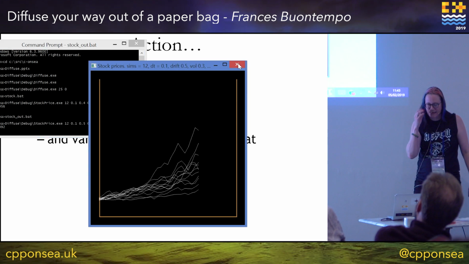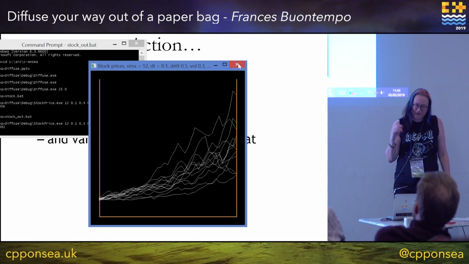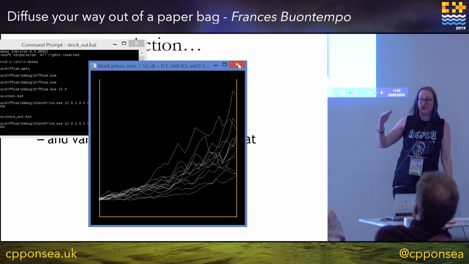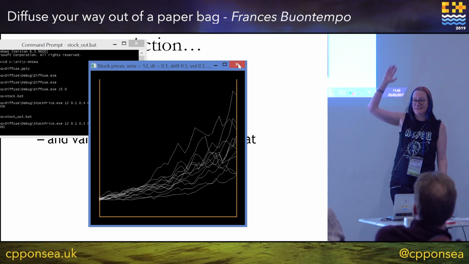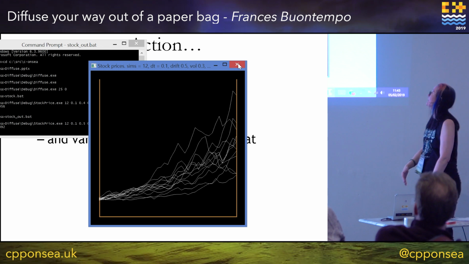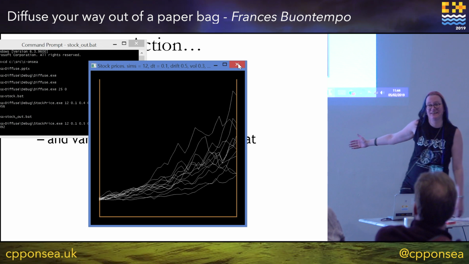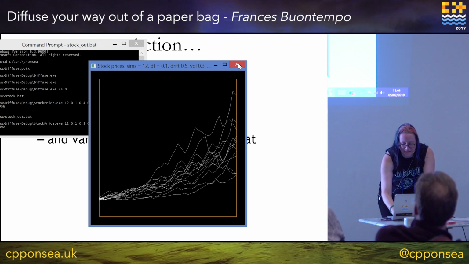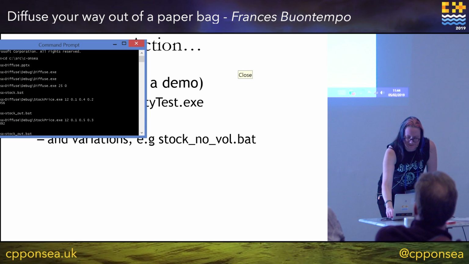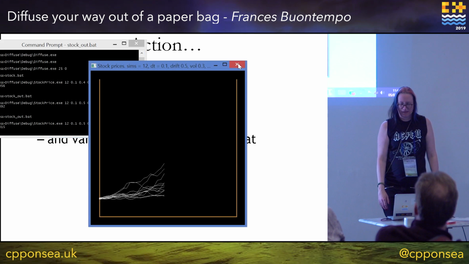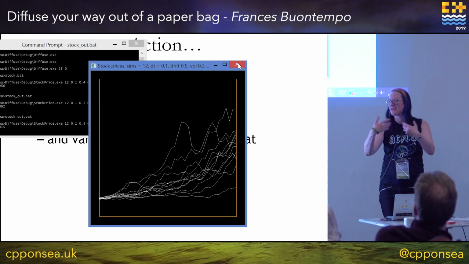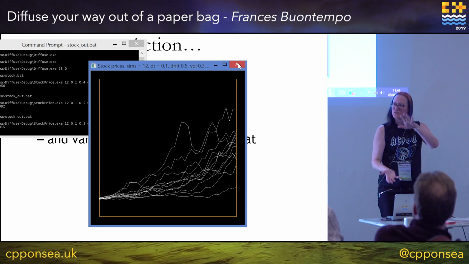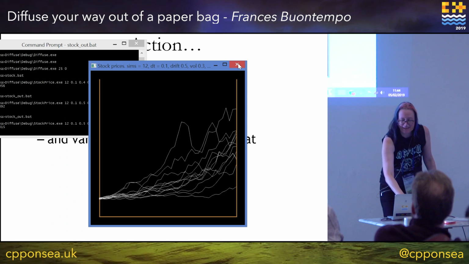This one sometimes gets out. So this time I've jumped up the drift to 50% and given us 30% volatility. So way more wandering around. And it still didn't get out of the paper bag. Sometimes does. It's closer, and we can keep playing this game, and we can try the parameters until it gets out.